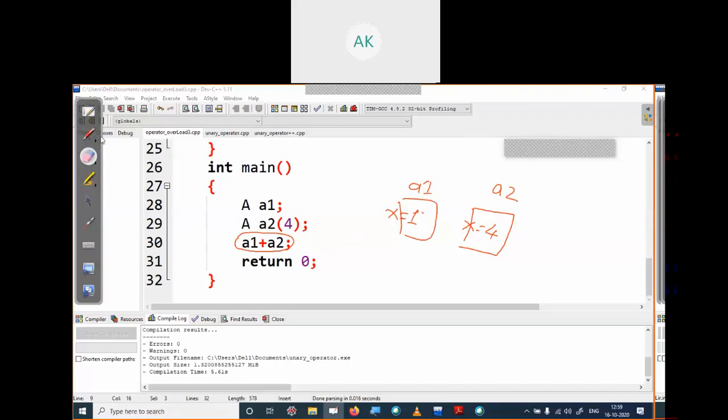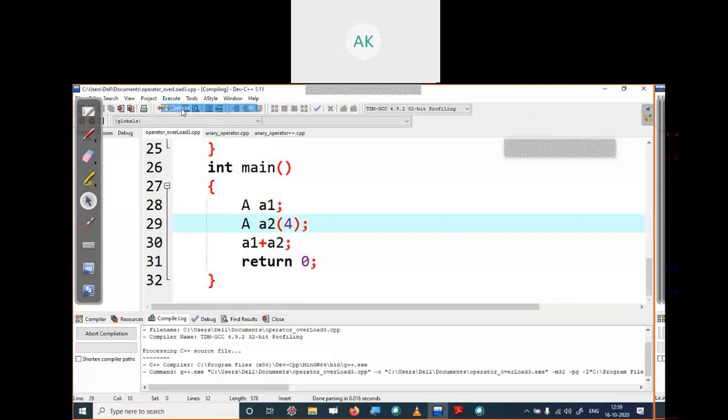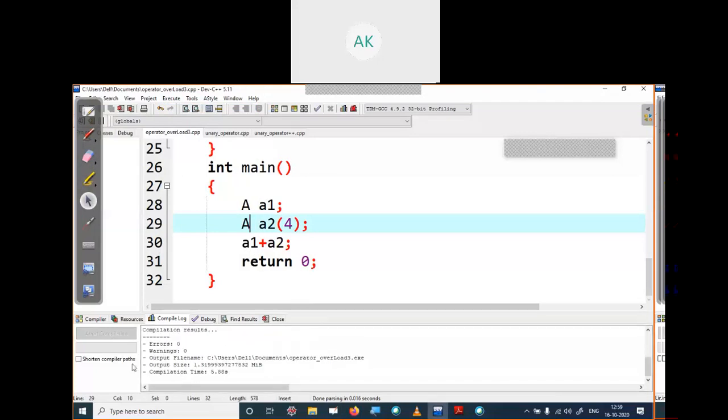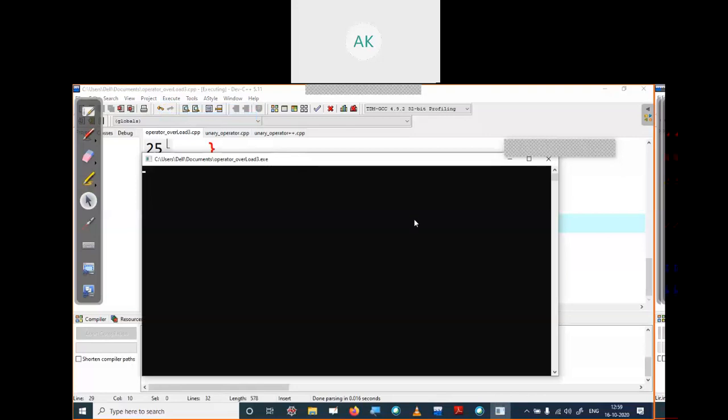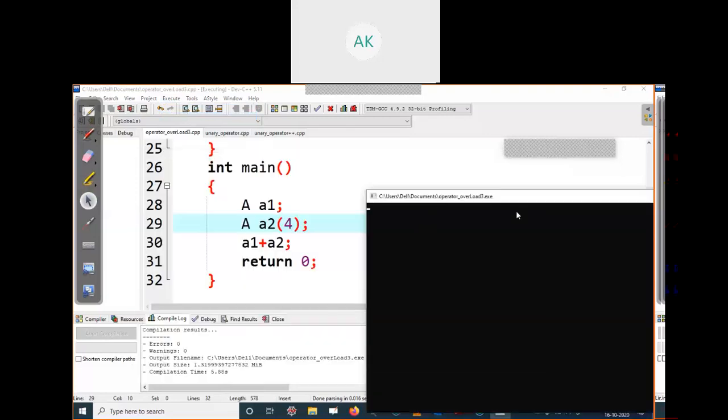Let's execute this code. First compile and see the error. As you can see, there is no error, so we can run. After running, you can see the addition of these two objects.